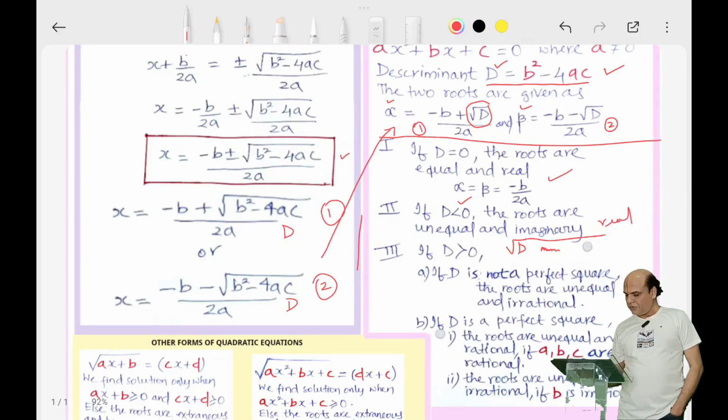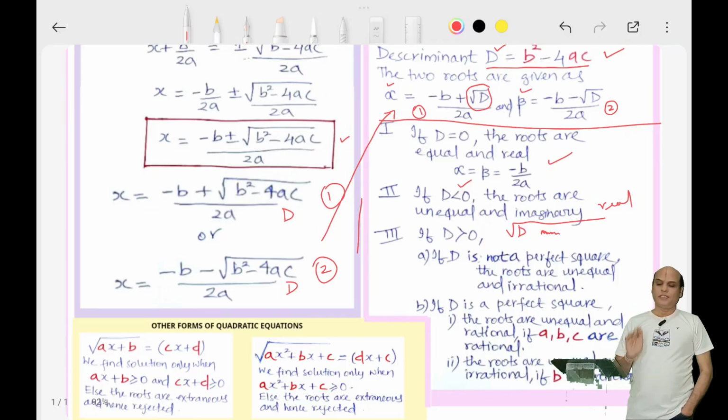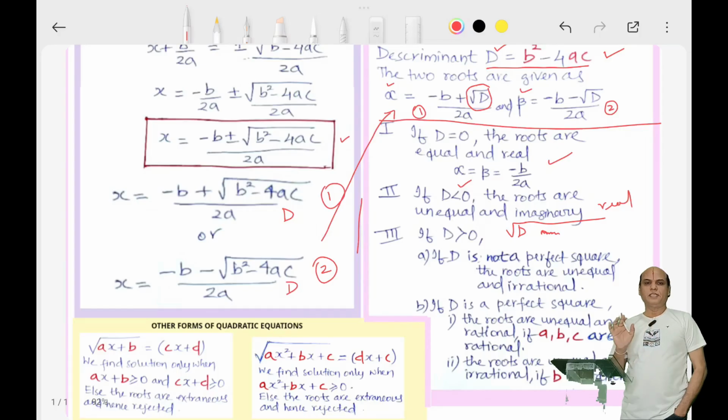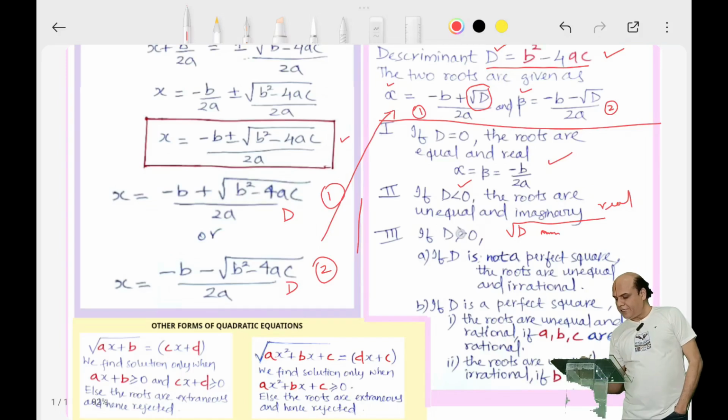Clear? Okay. Now, when the discriminant is greater than 0, that is, a positive discriminant, the roots are still unequal. That is the first point. Then if D is a perfect square,